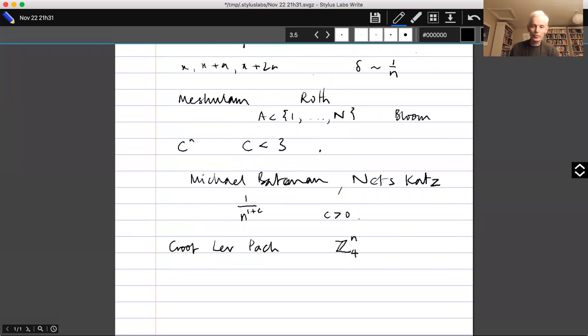But it only looked like that for a couple of weeks, because 2 weeks later, Jordan Ellenberg and Dion Gijswijt found an exponentially good upper bound in F3 to the n. So they